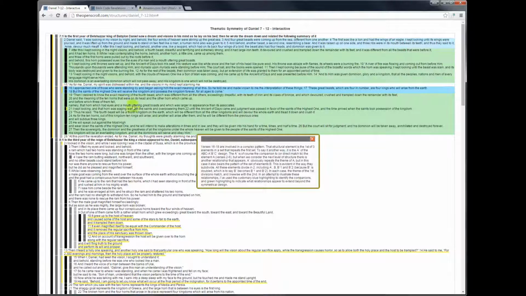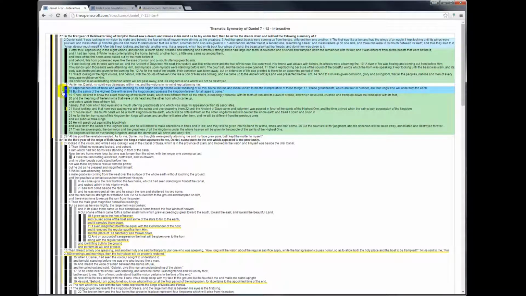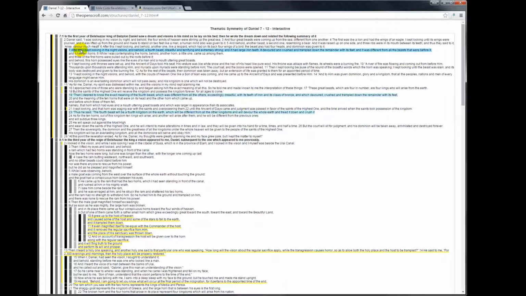If I click on this one, it brings up another window, and I give specific commentary relative to these sections. I'm not going to go through that and read it with you now, but I will recommend that you do so. Now, in relationship to the level of structure that deals with the lines, if I hover over verse 7a,